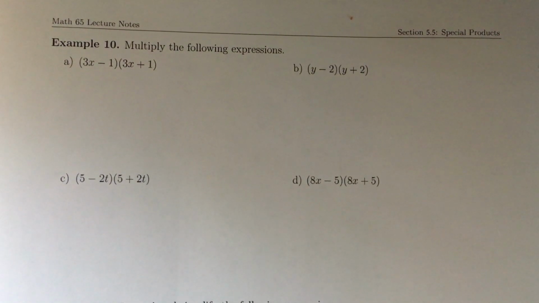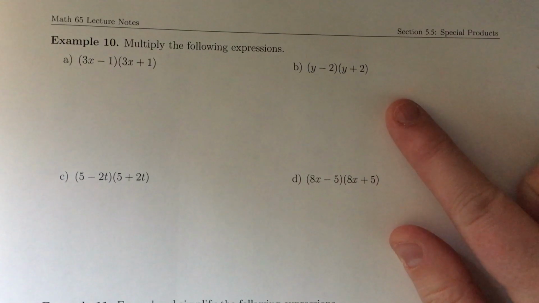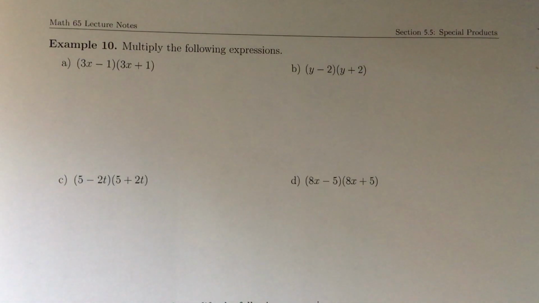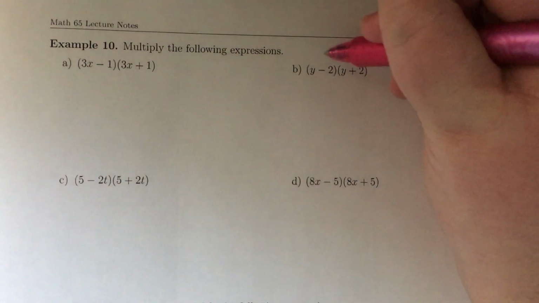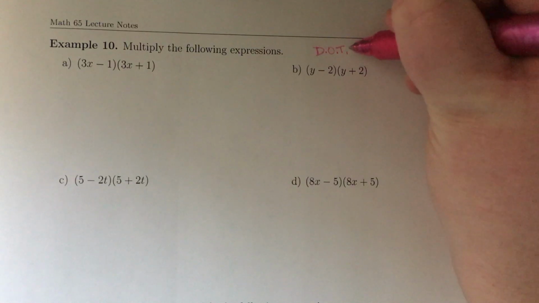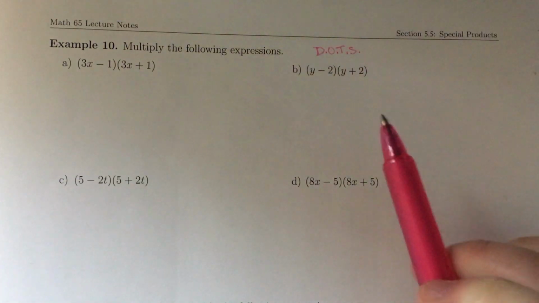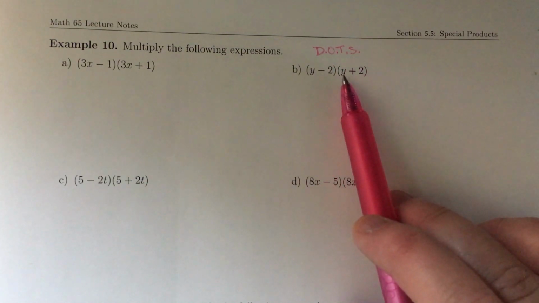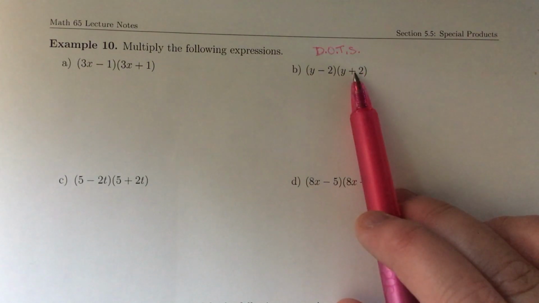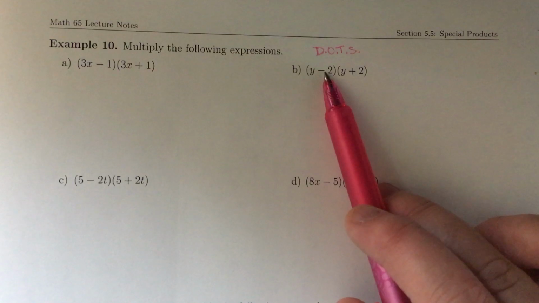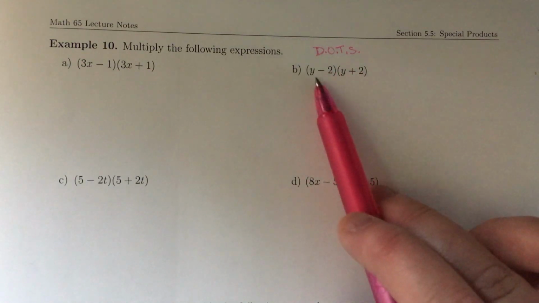Let's keep going with these examples. Example B, right away we want to identify it as a difference of two squares, or what the previous video called dots. So dots, or difference of two squares, means that it's something minus something and then the same thing on the other one except with a plus. So that's when we know it's the first term squared minus the last term squared,